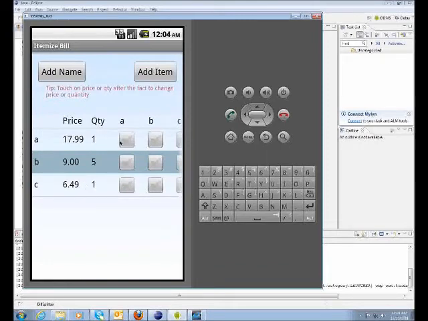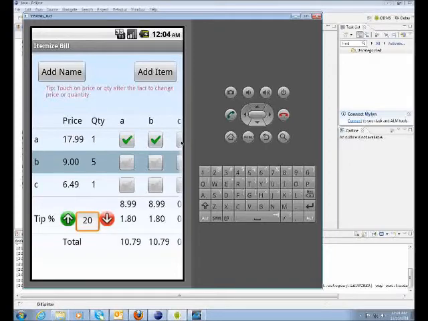Now let's say that person A, well, all of you, A, B, and C, went ahead and you each had some of the pizza. Person A doesn't drink though, so only B and C had beer. And the appetizer, only person A got an appetizer, no one else did. And you can see here what it does, and it's kind of hard to see on my screen here, but what it does is it actually itemizes everything,